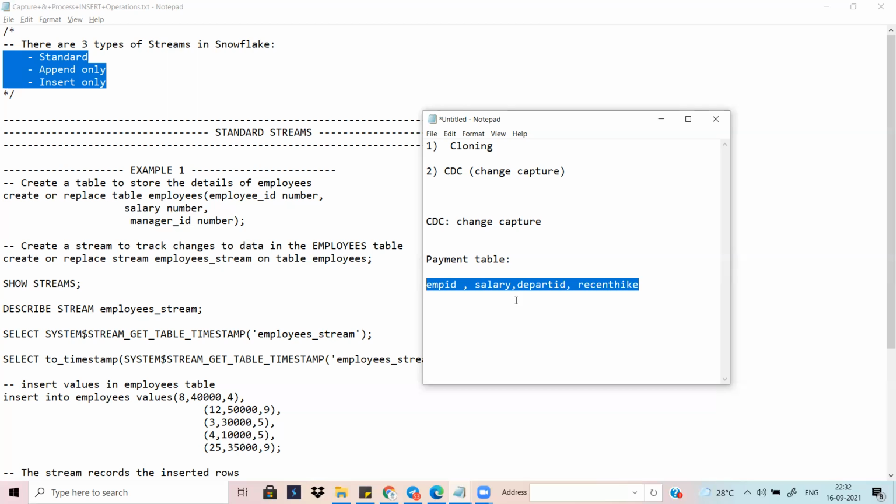So before the business gets them, we need to automate the pipeline. Regularly some file will be coming with change information. You need to load it into this table and update it. If there is a new record, you insert it. When you compare the data, if there is an existing record, you update it. So this is change capture. Got it?